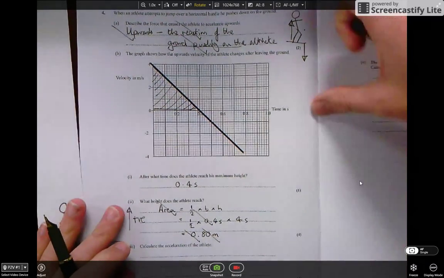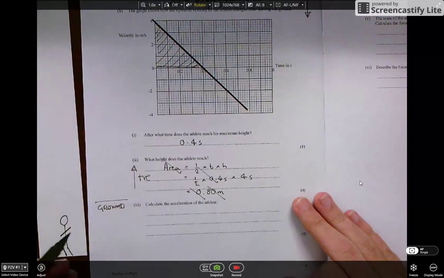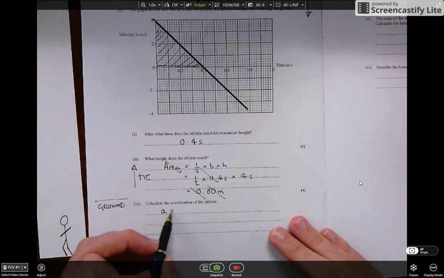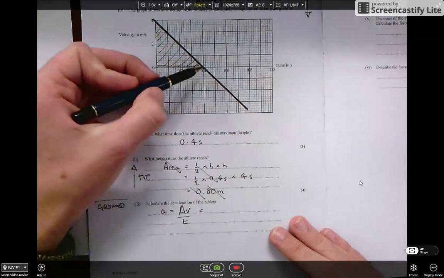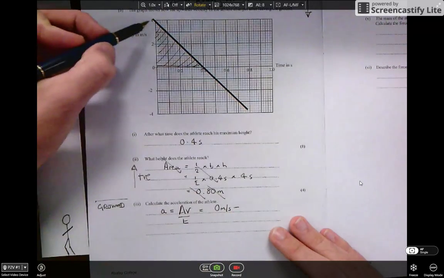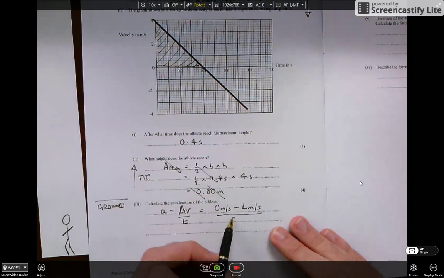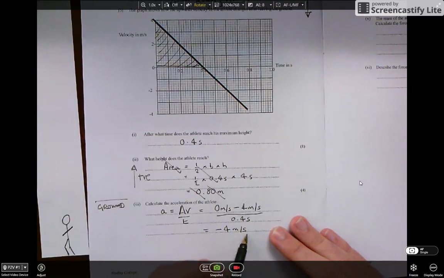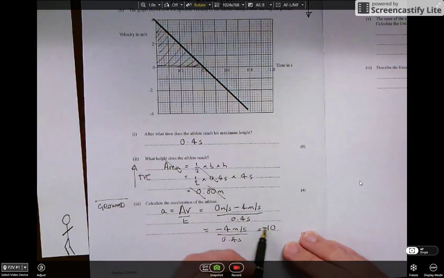The acceleration of the athlete during this time is given on this graph by the gradient. You can either work out the gradient if you know how to do that from maths, or even simpler, use our equation: acceleration is change in velocity over time. The change in velocity here, at the end they're moving at 0 meters per second, and at the beginning they were moving at 4 meters per second. And that change happens in a time of 0.4 seconds. So 0 take away 4 gives you minus 4 meters per second, divided by 0.4 seconds. 4 divided by 0.4 is 10, but of course it's minus 10